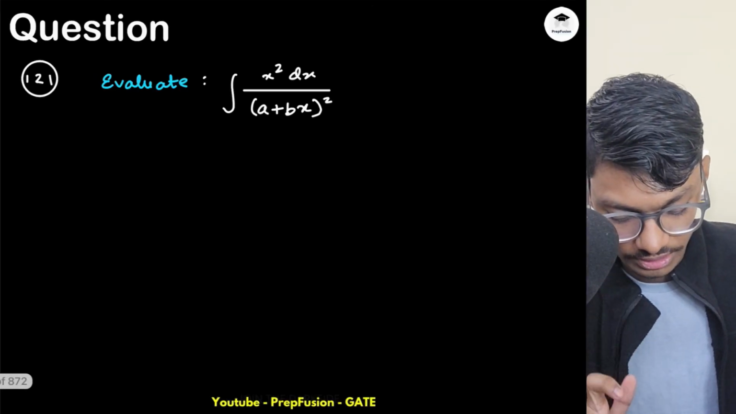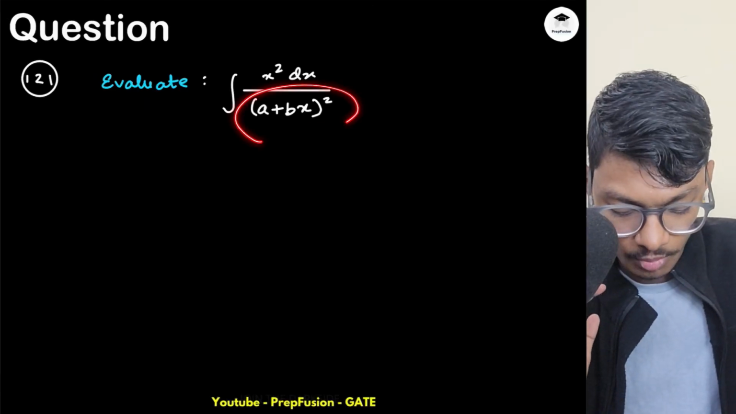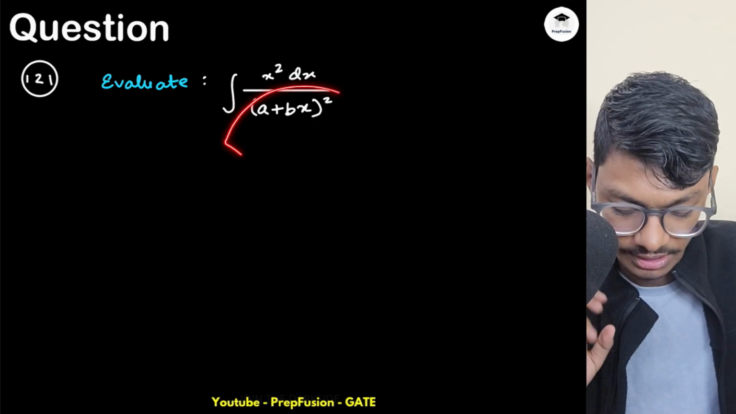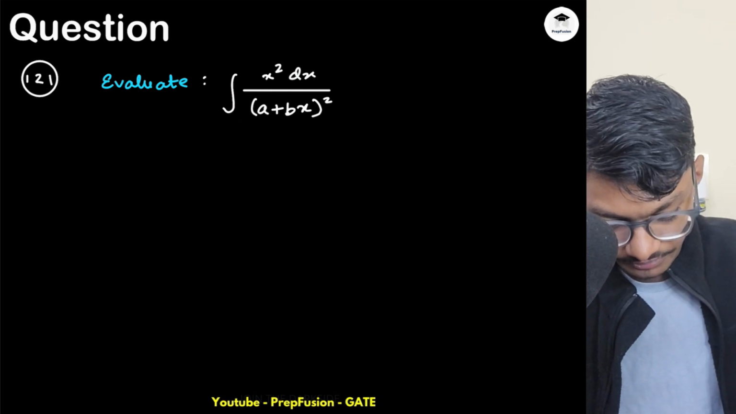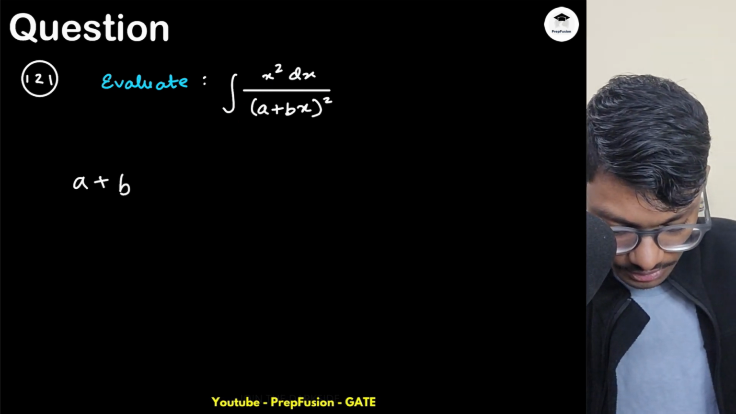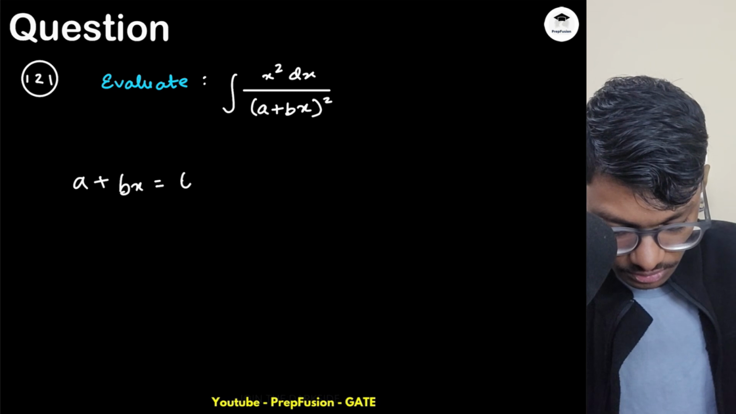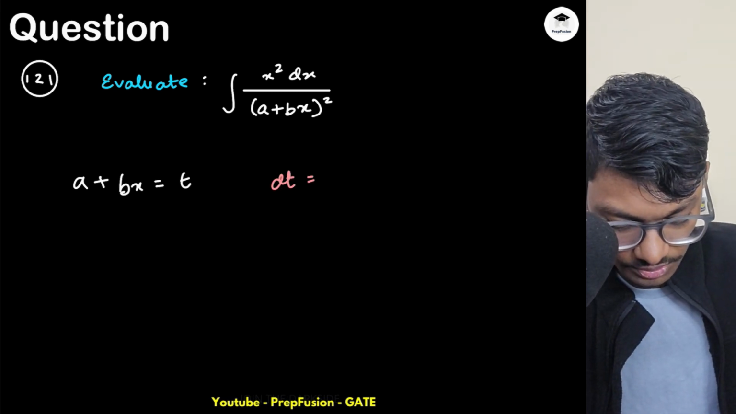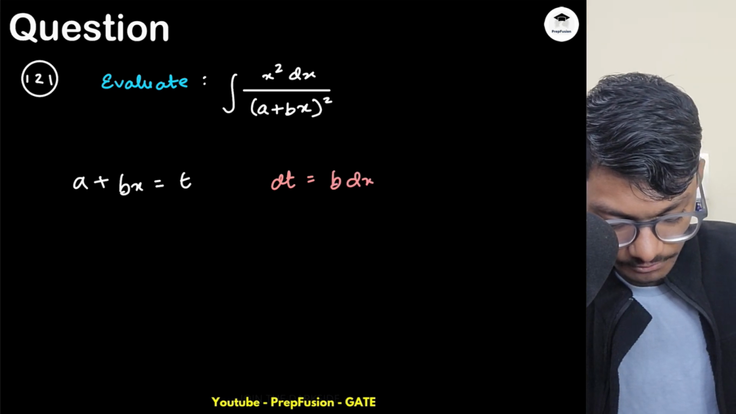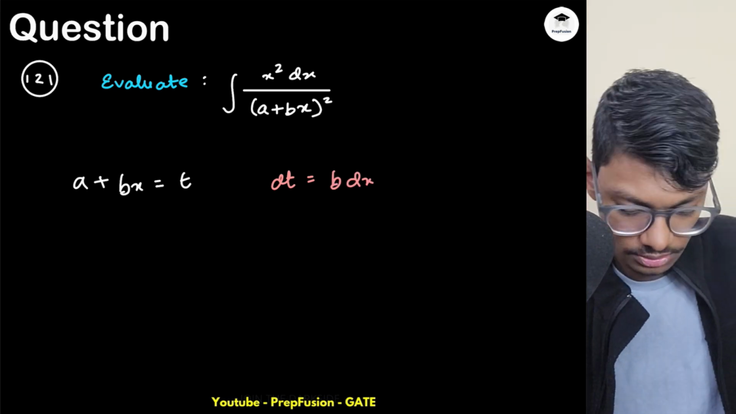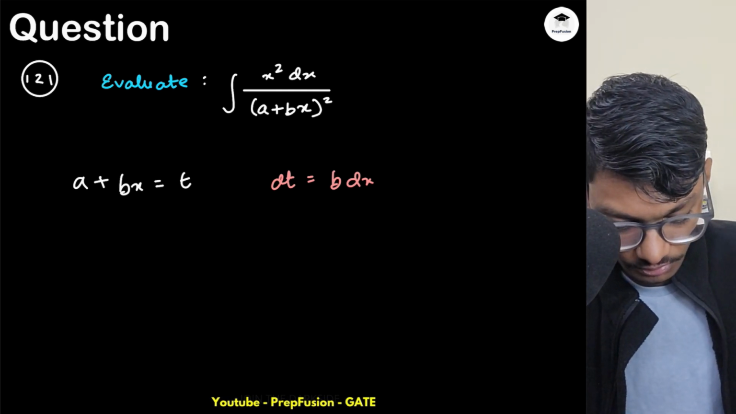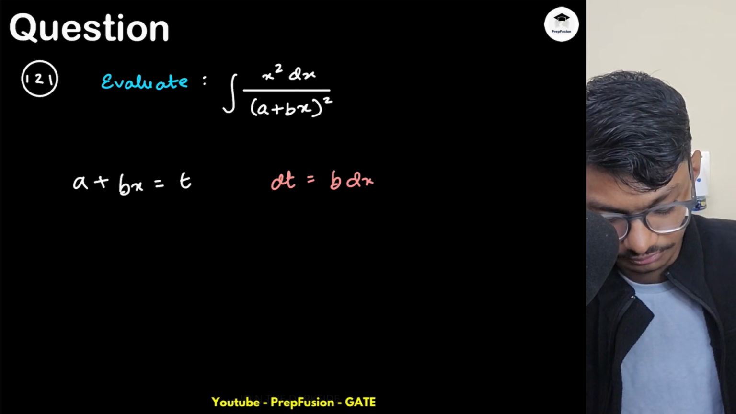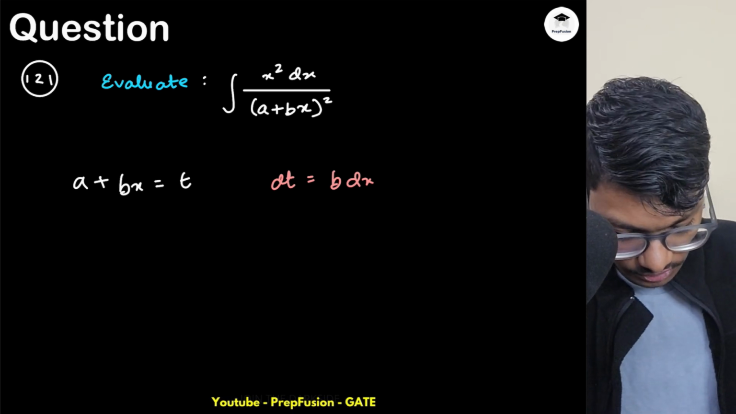So what you can do here, this denominator is a problem. So I can directly substitute this denominator. I can write a plus bx equals to t. So my dt will be equals to simply b into dx. Then I can write few things, that my dx is equals to